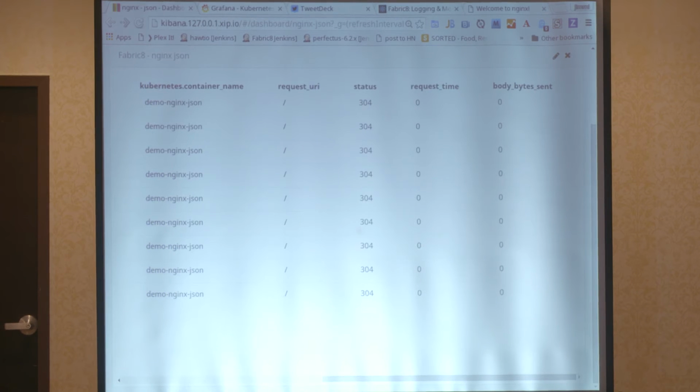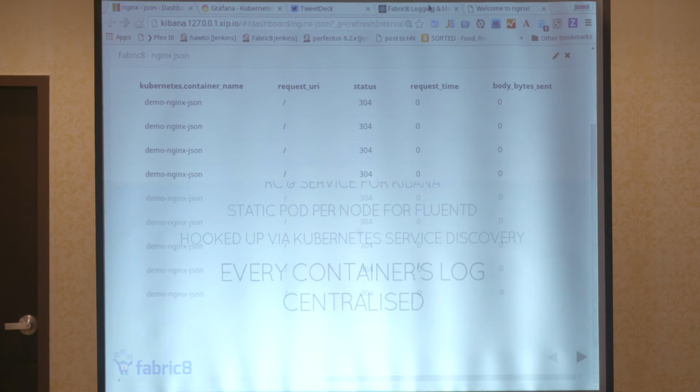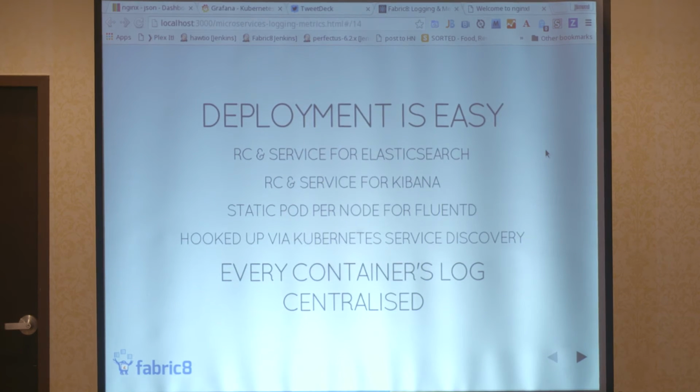Some of this stuff you can do better with metrics, which I'll do in a minute, but stuff like what are the ten most popular pages on your website? This is where you get it from, your logs. Nice and simple. Well, that's kind of logging done. Are there any questions about logging?